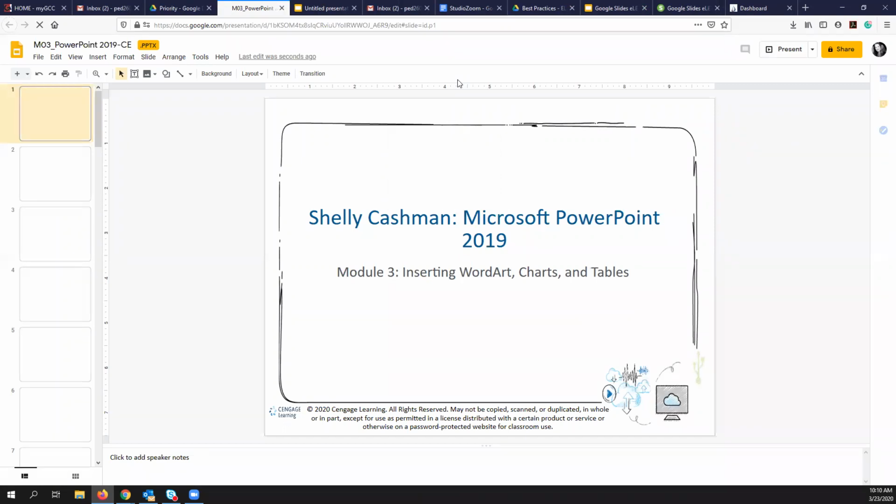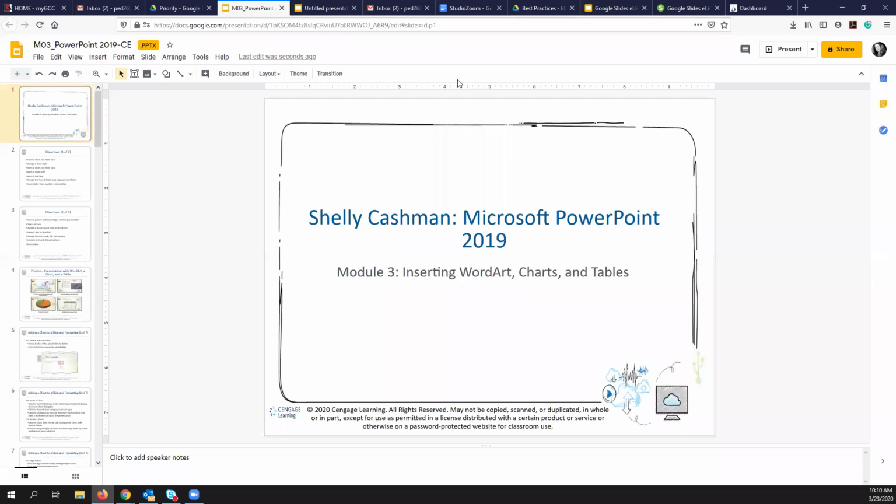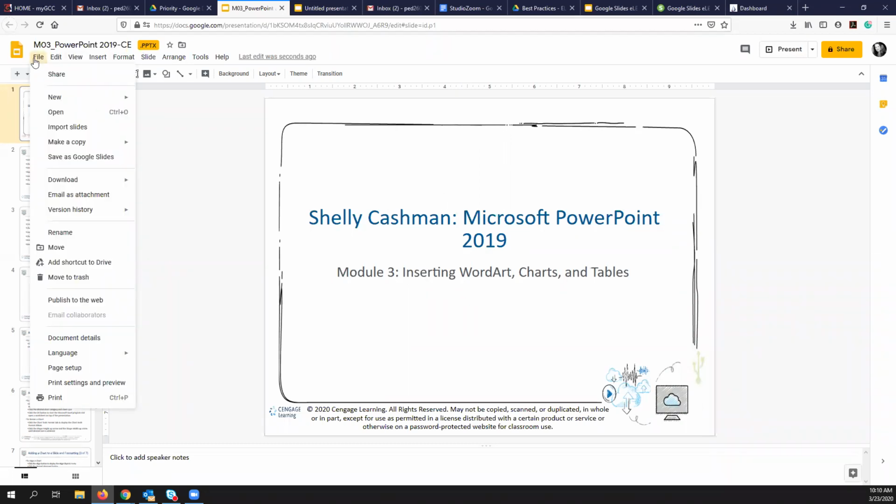Now you can see that the PowerPoint is still a PowerPoint by looking up here in the top, and you can see this .pptx. So the .pptx means that Google has kept it as a PowerPoint. Now I could choose to put this directly into Canvas in this format. Or I can go to File, and I can choose to